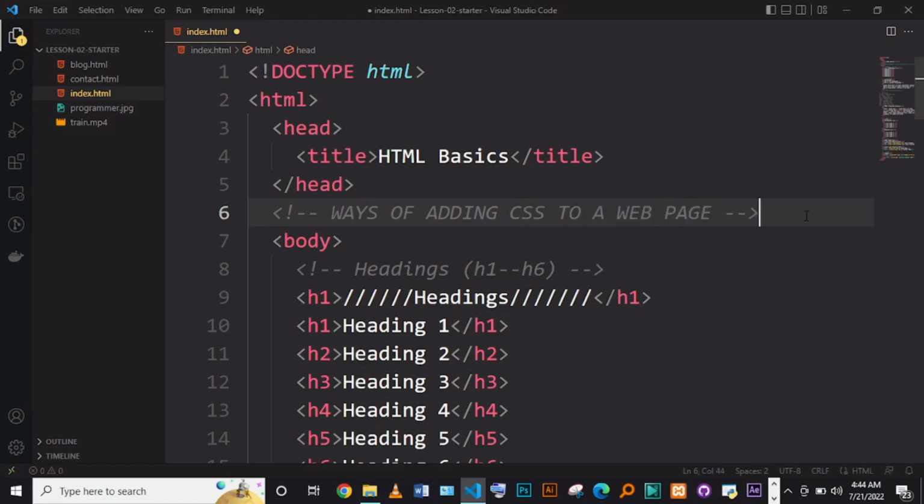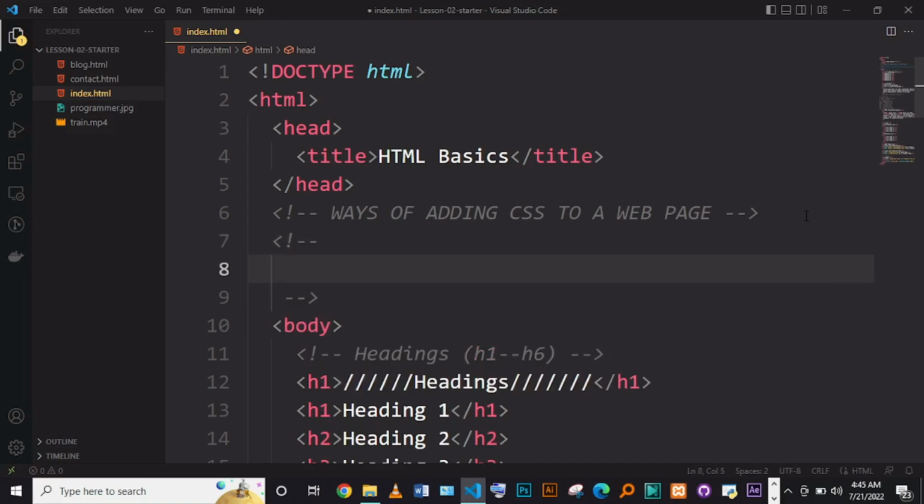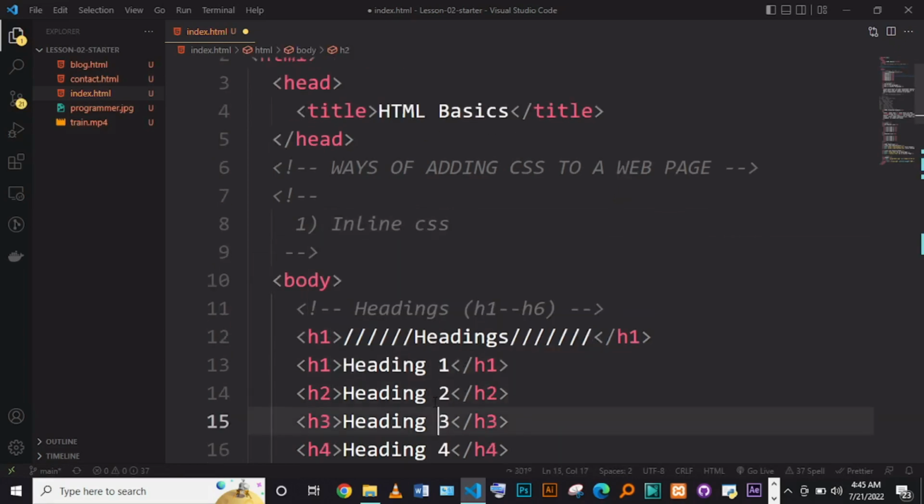The easiest one, number 1, is where we use inline CSS. Inline CSS is when I want to style this